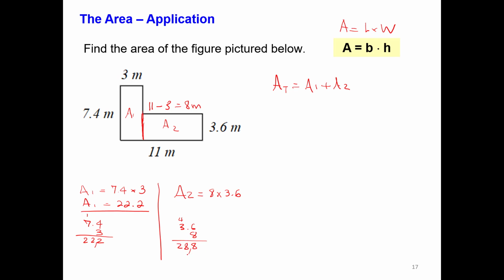We had one decimal place, so it will be 28.8. Let's write the units because this is the area. This is square units. Then the total area equals